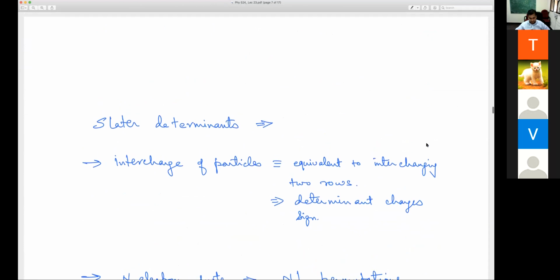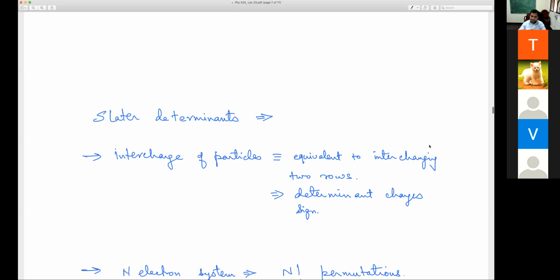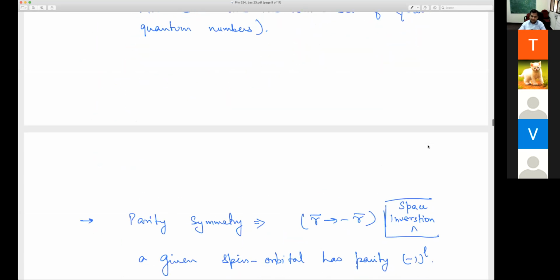Sir, does this Slater determinant give the ground state wave function of the atom? No, this is just a basis state, basically. I have not said it is a ground state. It is spin singlet, yes. So this means ground state? Yeah, so here we are explicitly constructing the ground state, right?